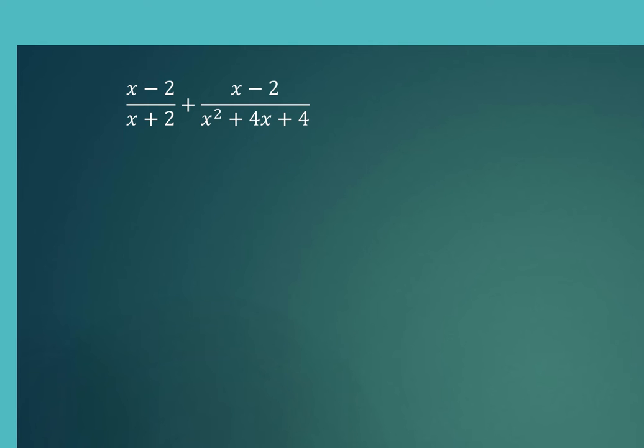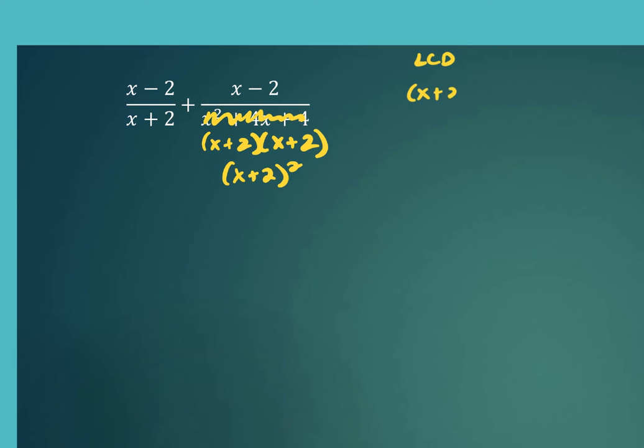Okay, this first one, in all of the adding and subtracting, you have to factor the denominators. So on the first one, it is already factored. There's nothing else there. But on the second one, this would be x plus 2 times x plus 2, which you could leave like that, or you can rewrite it as x plus 2 squared. Now when I find my least common denominator, it is the combination of those two, right? So x plus 2 is there from the first one, and then it is repeated in the second one, but